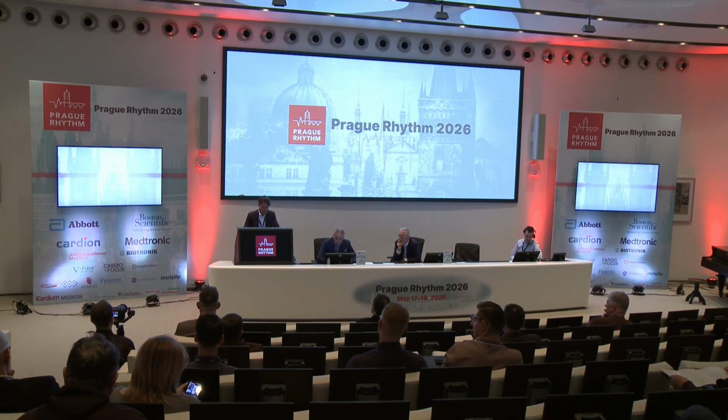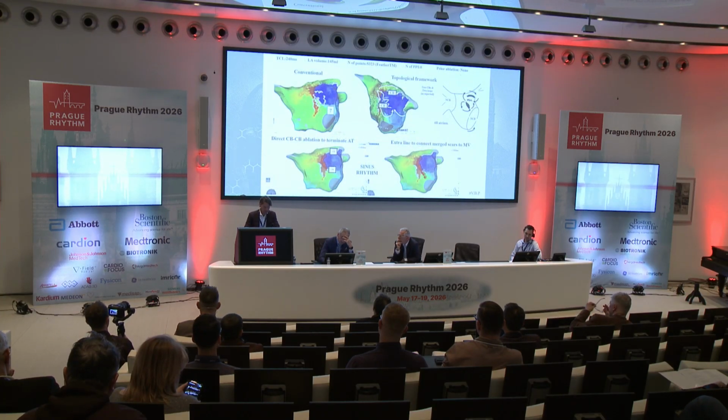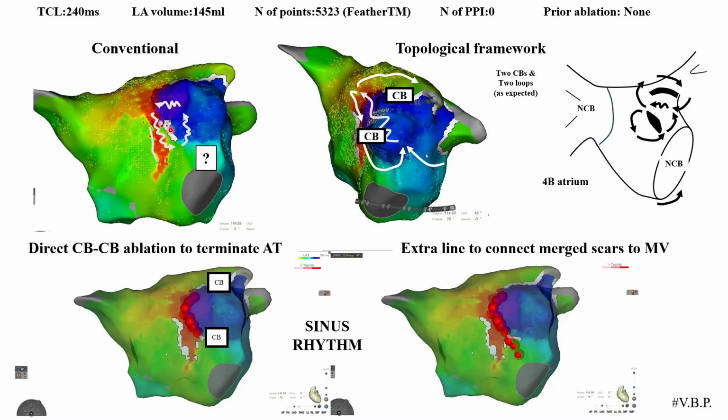So, good point. Let's take this case. You see a rotation on the anterior scar. So it's a critical boundary. This patient, it's another case, never ablated before. I know there must be a second rotation. So I'm not talking already about CB1 and CB2. I'm just saying, where is the other rotation? And you will look at all your maps and you will see it. All the colors of activation are present. Or if you look at the electrograms, all the LATs will be present. In this case, for the second loop, you just have to turn your map. It's here around a line of block anterior of the left veins.